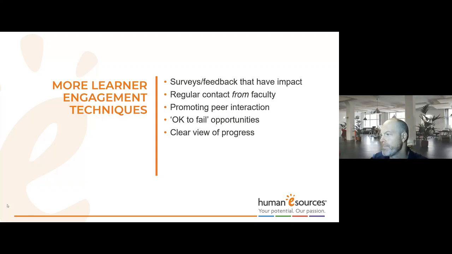Another thing that's really important is promoting peer interaction. Again, a discussion forum is really good for that. Setting up chats where people can talk to each other is a great way for that interaction. But something that you may not have heard, and you've probably heard about all these before, but I'm guessing most people haven't heard this term: okay to fail opportunities. An example would be a practice quiz. I'm just going to give you a practice. It's not for grades, but it's going to look like a quiz that you're going to get later on. So for them, it's an okay to fail opportunity where they can do something, know that there's no consequences for not doing well, but it has value in the course in terms of practice.